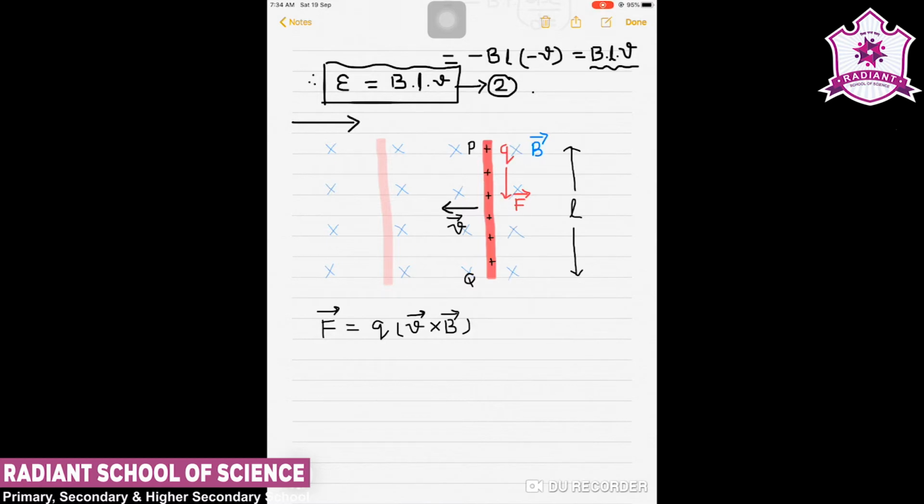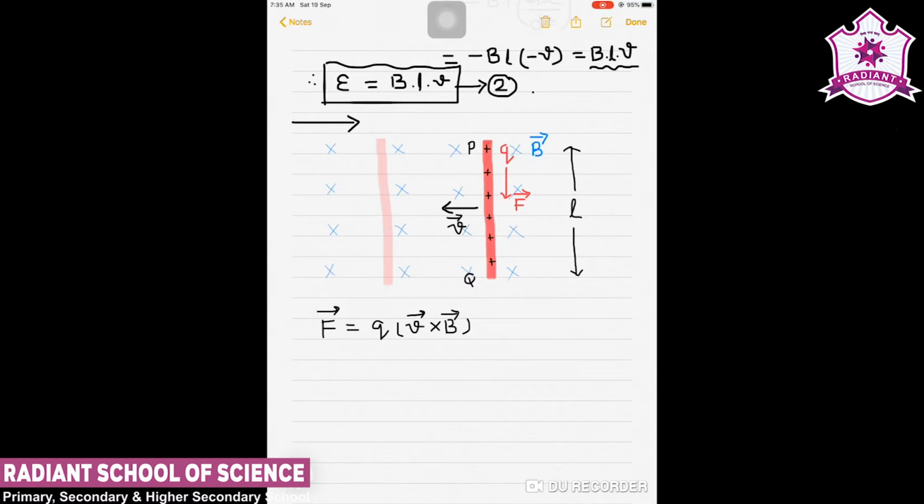Now suppose we consider the charge Q inside rod PQ, when the rod enters the uniform magnetic field B and is moving with velocity V, then the charges inside the rod will experience a force. Now we can consider that Lorentz force over here, and we can derive the equation as written above in the same manner for this Lorentz force condition.